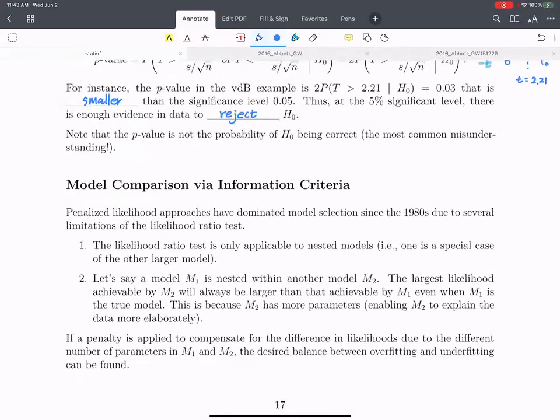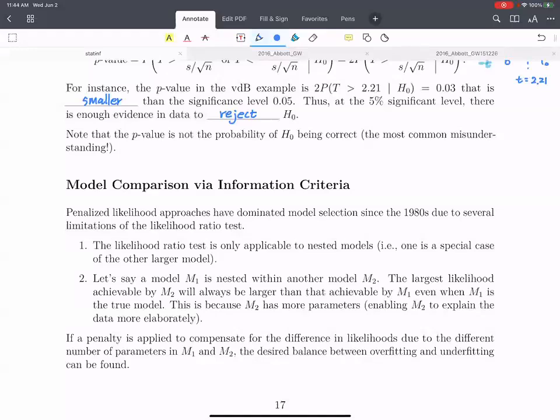There are some cases where we want to compare two models. Which one is better to explain the data? We can also use likelihood ratio tests. One is the likelihood under one model, and the other is the likelihood under the other model. But the problem is that the likelihood ratio test is limited by 2 disadvantages. The likelihood ratio test can only compare nested models, meaning that one model is a simplified version of the other.